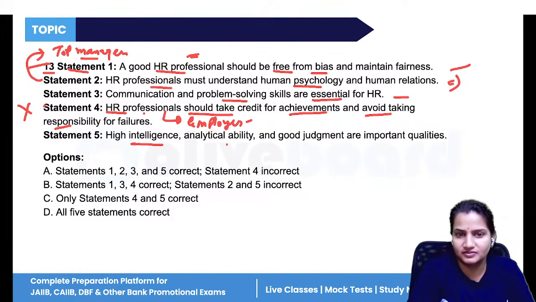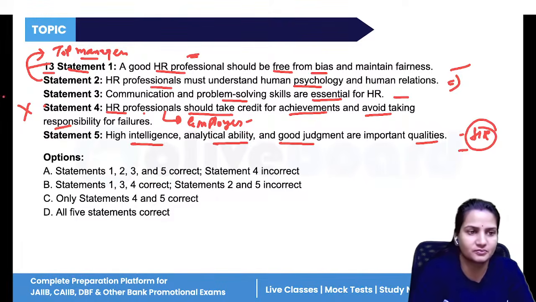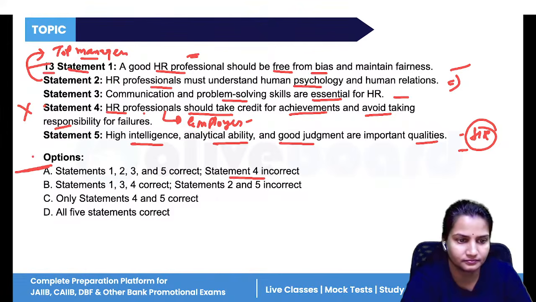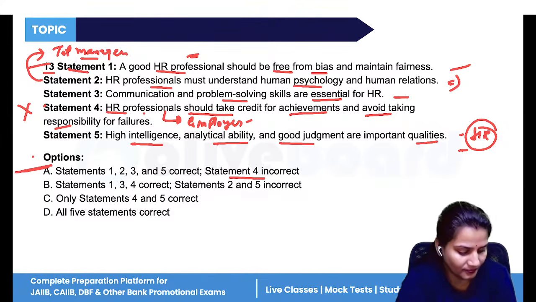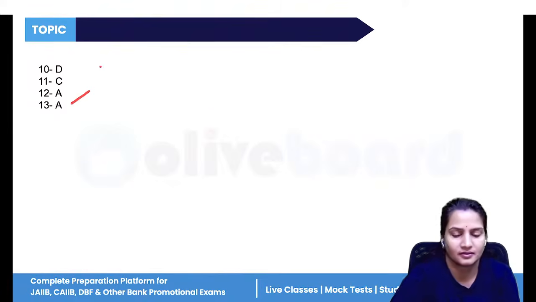So high intelligence, analytical ability, good judgment are important qualities of an HR professional. So the qualities of an HR professional are also important. So except for that, all are correct. Okay, not D, it's A. Now,